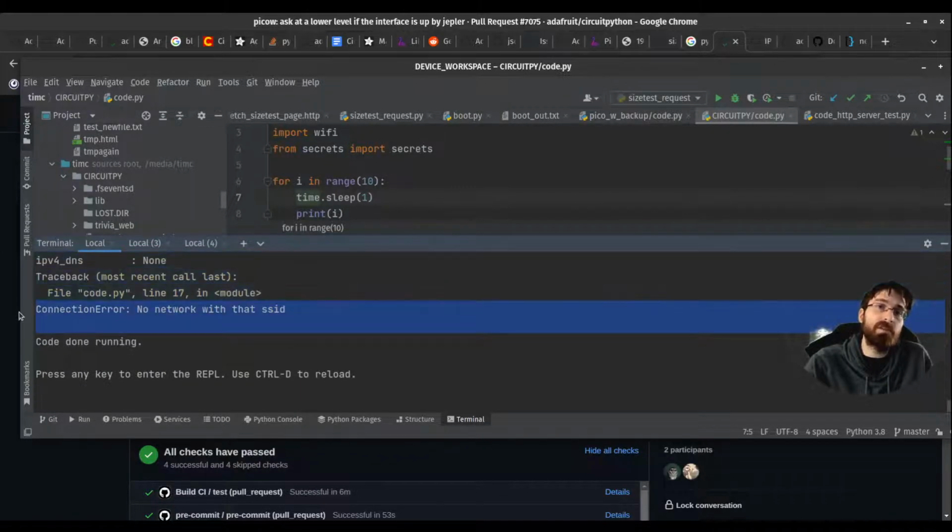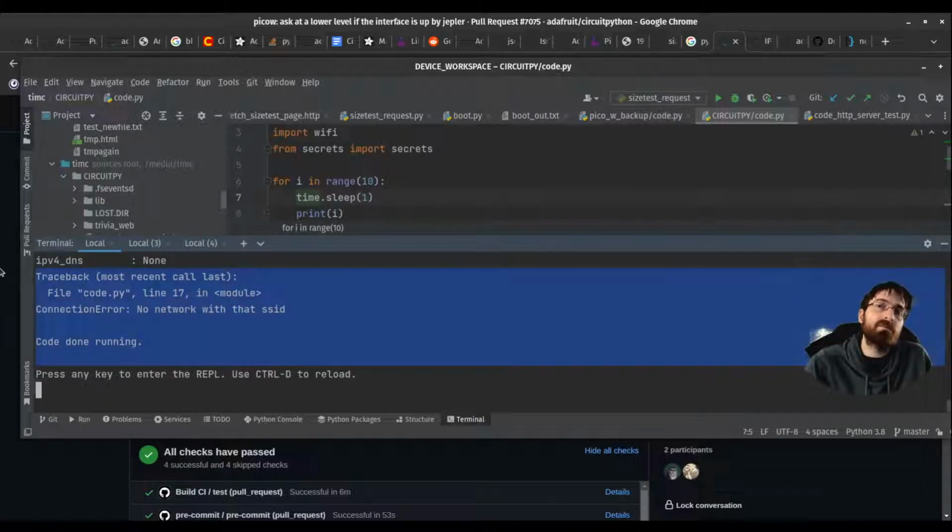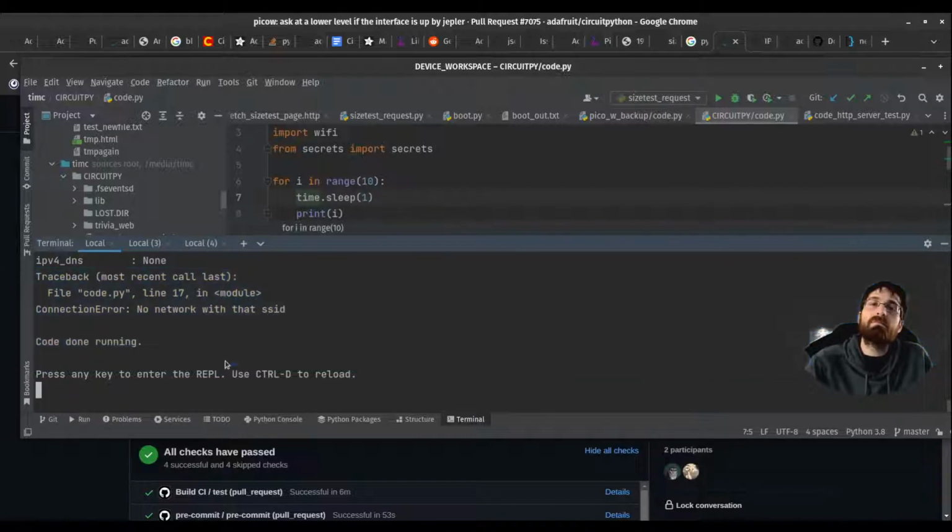So yeah, if you get disconnected, oh, we got a different failure this time. Interesting. Wonder why it failed differently.